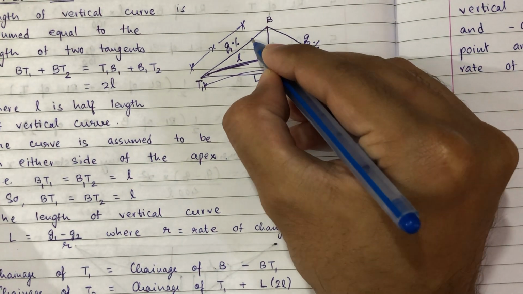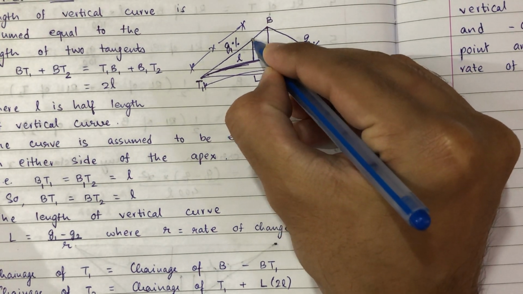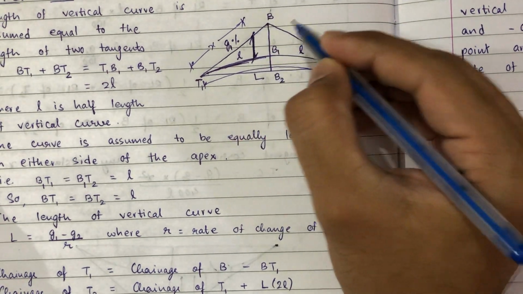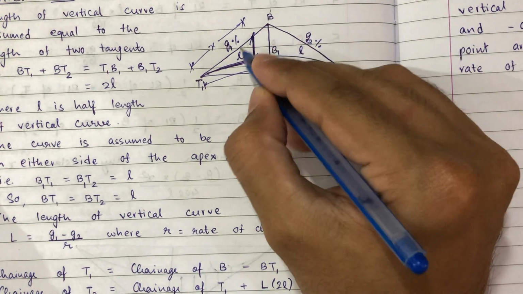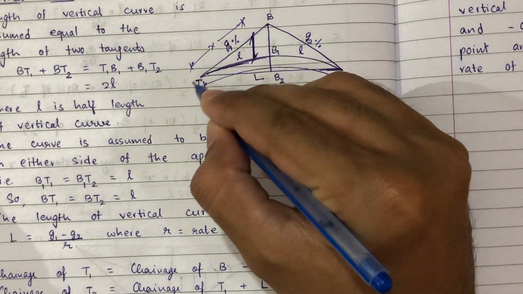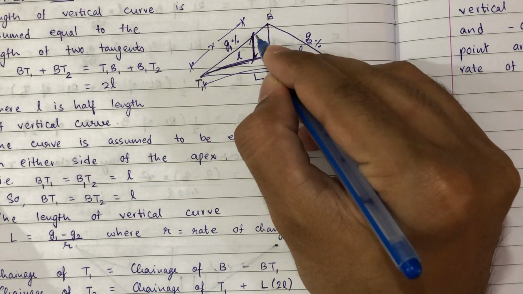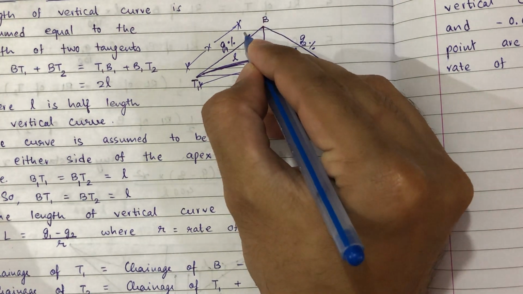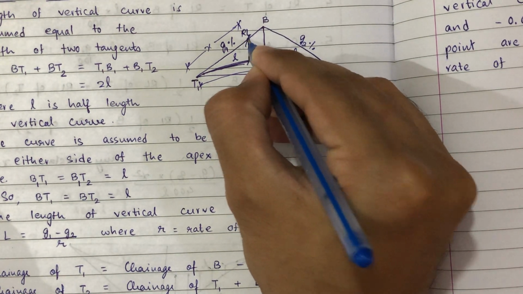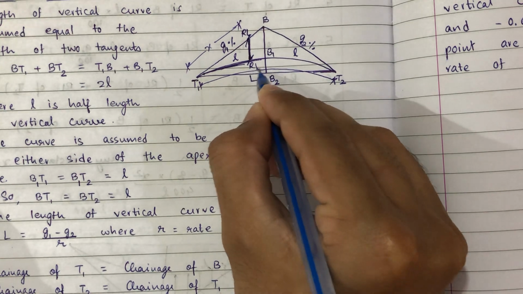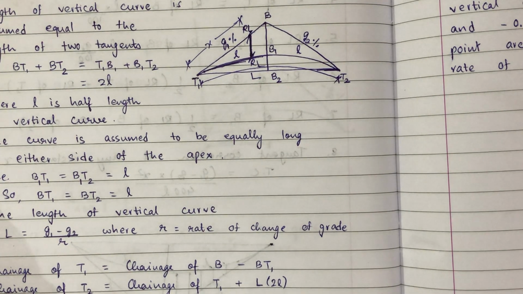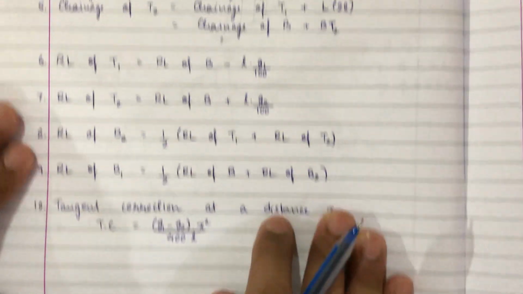The tangent correction will be the vertical distance of RL at this point, at a distance x from T1. Suppose we know the RL of this grade and we know the RL of this curve, then the tangent correction can also be written as